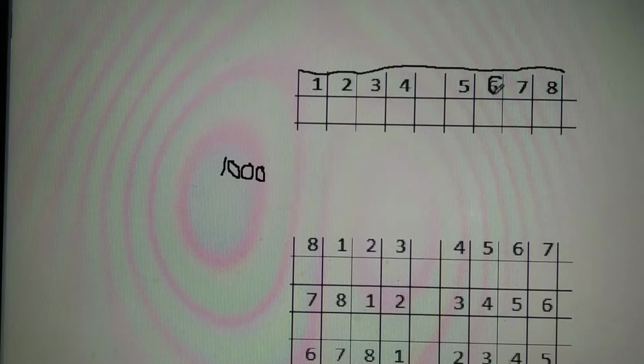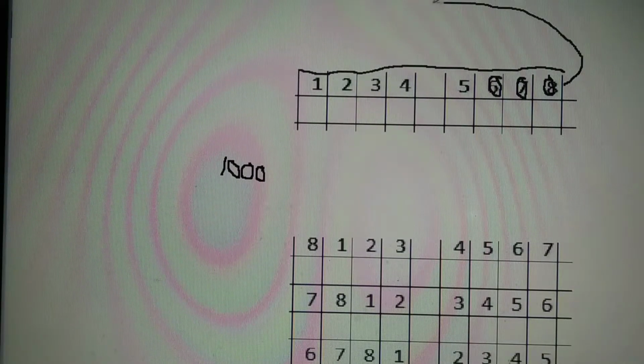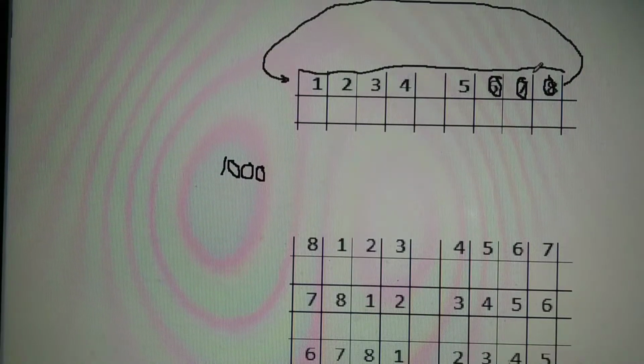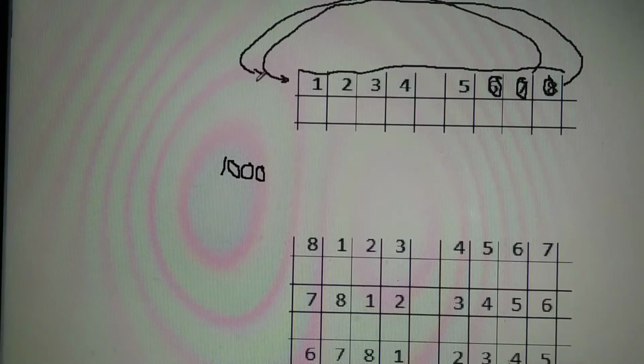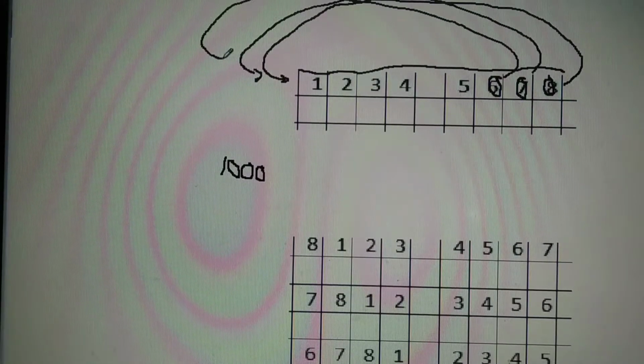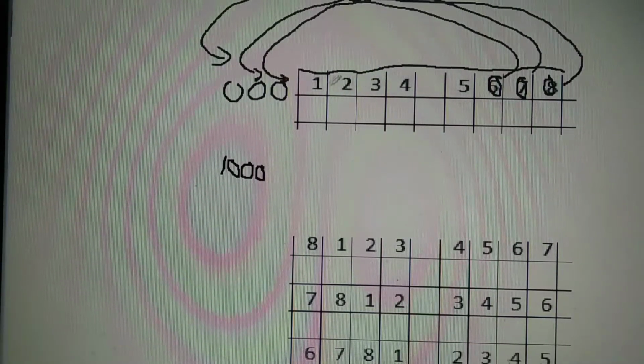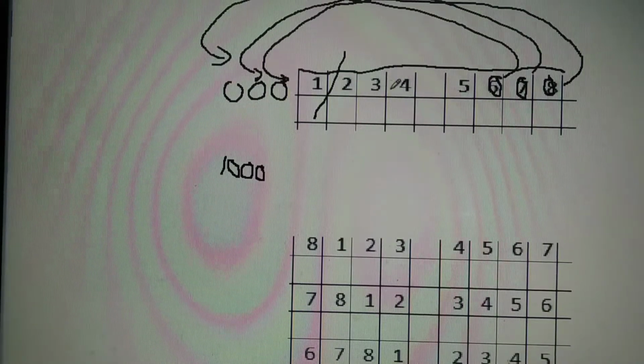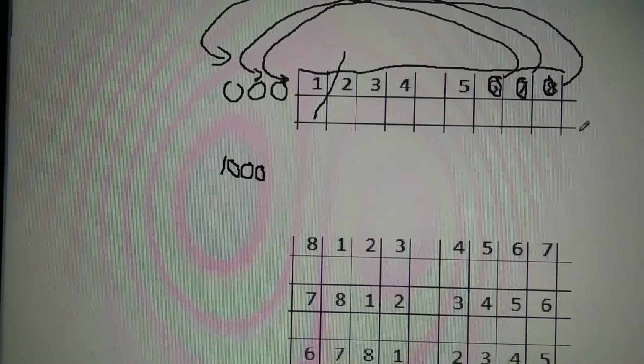But this is not the answer. If we put the answer as it is, you will get the wrong answer. These 3 zeros are to be shifted towards the right. The first time you rotate, the first 0 will shift; the second time you rotate, the second 0 will shift; the third time you rotate, the third 0 will shift, and you will get the answer as 0, 0, 0, 1, 2, 3, 4, 5. You will get the answer in such a way. The same logic is applied for binary.